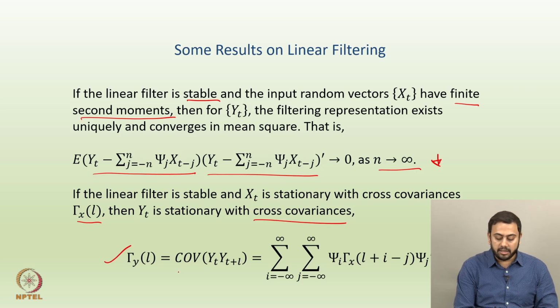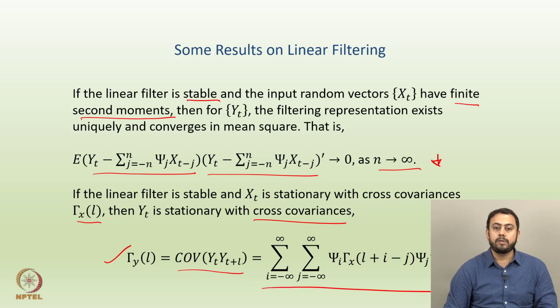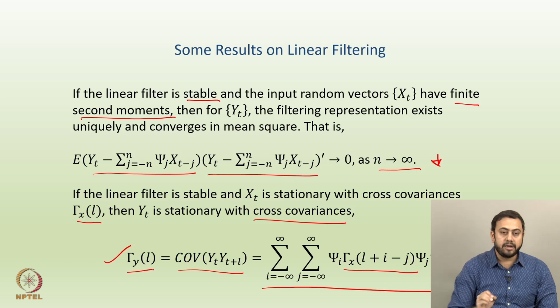Now, again there is nothing new here because this is just the definition of cross covariance. The expression for that is given by this structure. Here you have two summations running from minus infinity to infinity, and then the psi coefficients, then the gamma variable in terms of x. So this expression that you see in between is nothing but the cross covariance for the random vector xt, isn't it? The subscript x denotes anything related to xt, subscript y denotes anything related to yt.